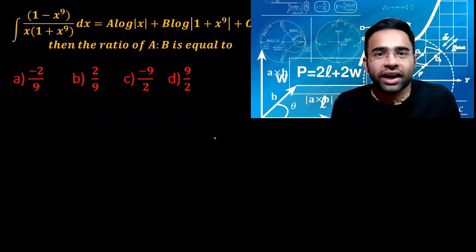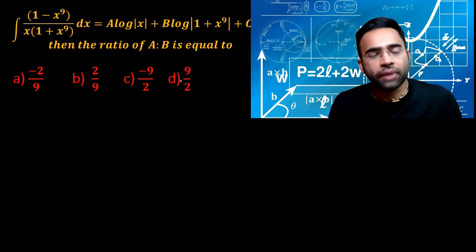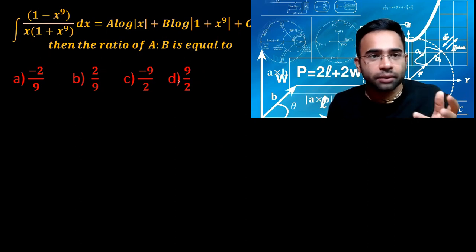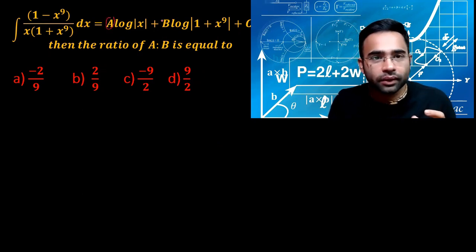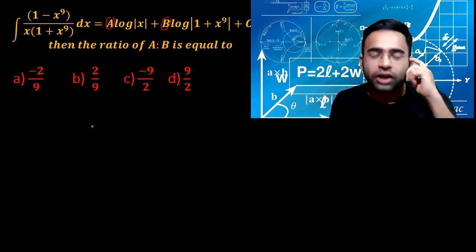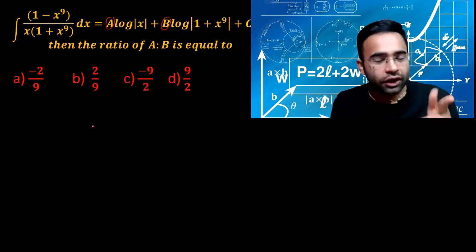Okay, so let's try it out. Such kinds of problems are very common in the JEE examination and other examinations like BITS, MSc. It may look a bit complicated initially, because here you're supposed to find the ratio of a to b, and here a and b are unknown. It may be very difficult initially to solve this problem, but it will take you 1 to 1.5 minutes. How? By the concept of derivative of antiderivative. So let's have a look.